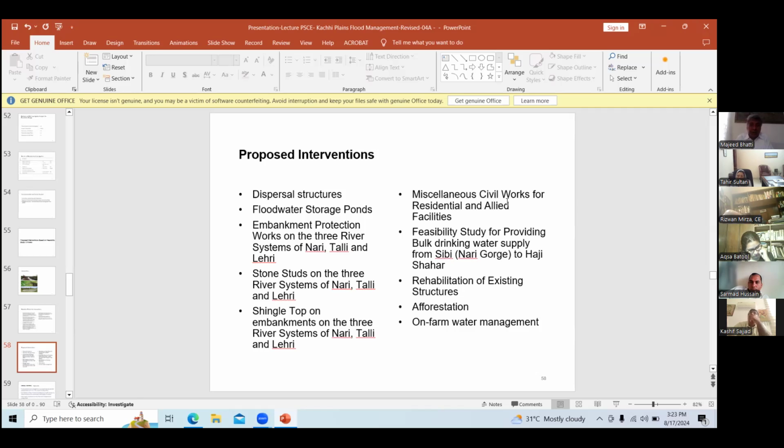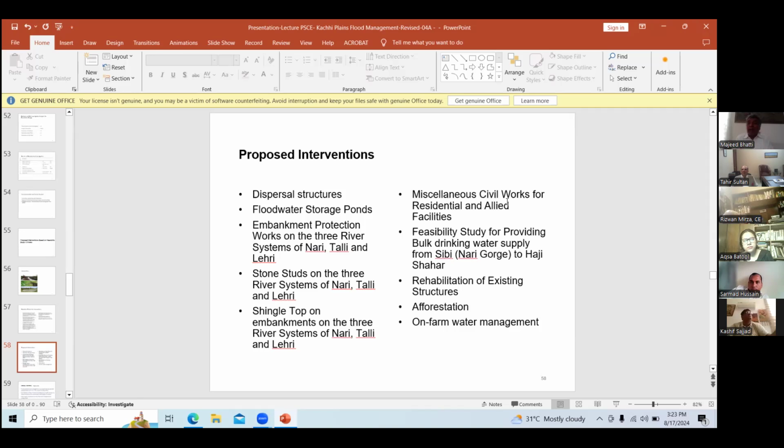Embankment protection, yes, along the river we have also proposed flood embankment structures, 2 kilometers upstream of every cross-regulator. Then there are stone studs for diversion of the current of the river, and then shingle top.